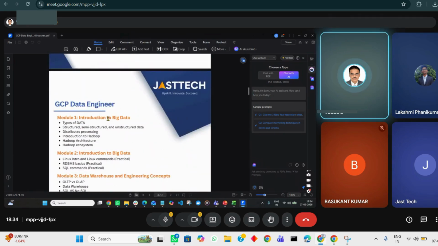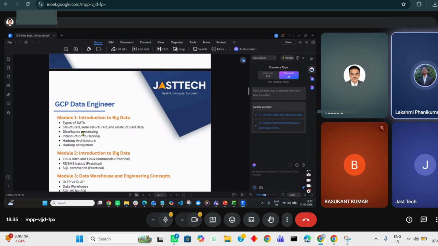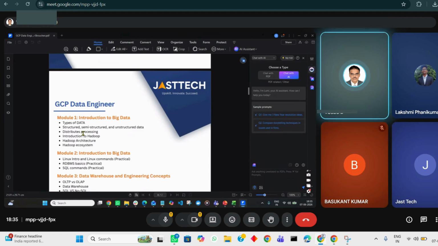We are going to start with the basic foundations, be it Linux, or any kind of RDBMS commands. If you just know Python plus SQL, that's okay. Even if you don't know SQL, no problem. I think you should know Python programming, no? Python scripting at least. Yes, I know Python up to the development level, and I have a basic understanding of SQL scripting. That's enough for this program. Anyway, we are going to start with the foundations only.